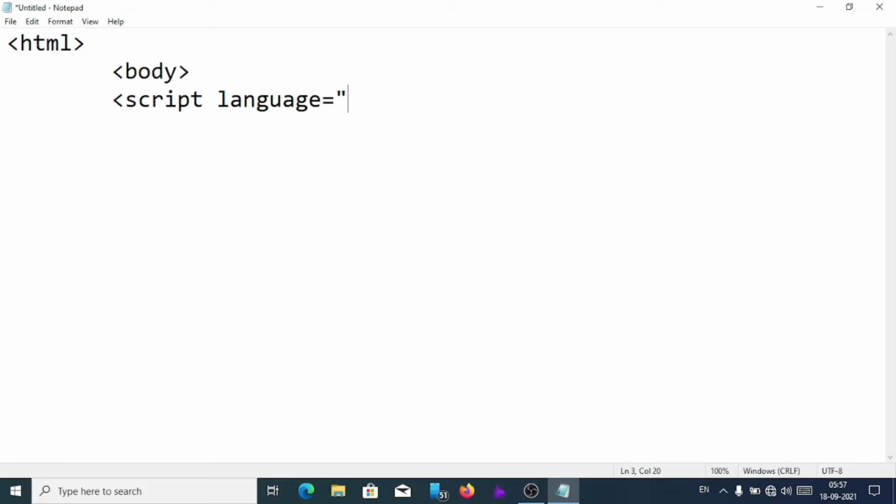Script language JavaScript. Bracket close. Now we'll have variable marks. Here we'll store the marks of the student and result. Here we'll store the result of the student.